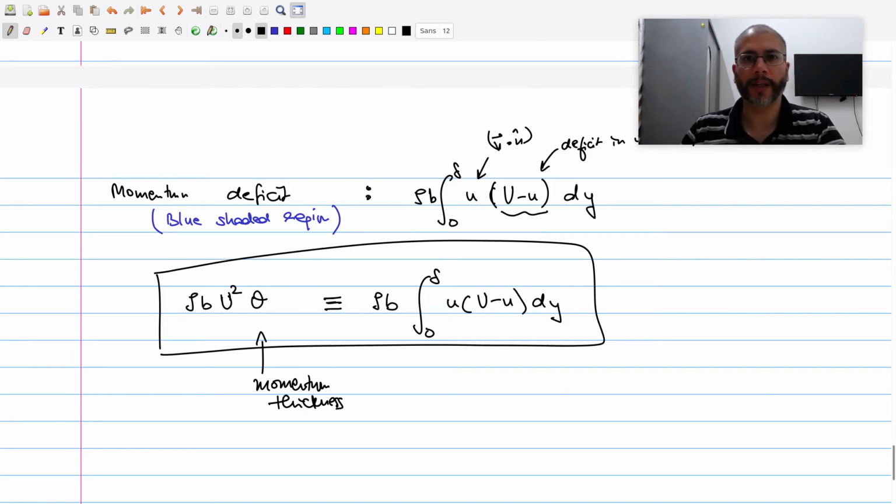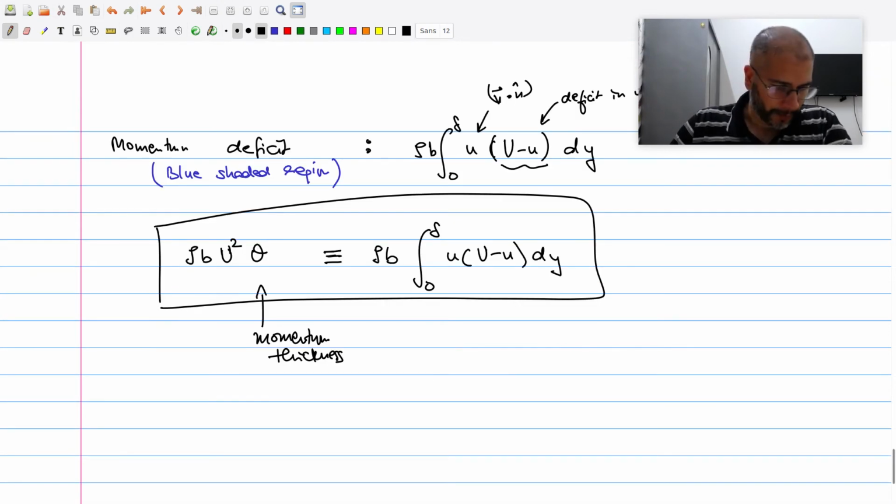Many times people get confused as to what this momentum thickness actually means. I mean, using equations is clear, but one has to have some sort of a feeling for this as well, because we keep talking about this term, and that is what von Karman talked about in his 1921 discussion. Right. So the reason we're talking about momentum thickness is because now we can write the drag force D as simply rho times U squared, we'll have a b as well, times theta. Okay.